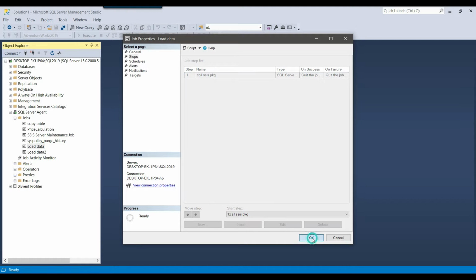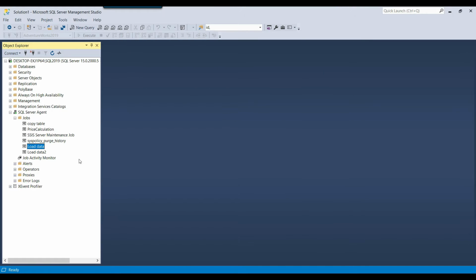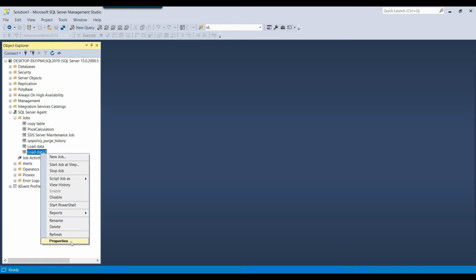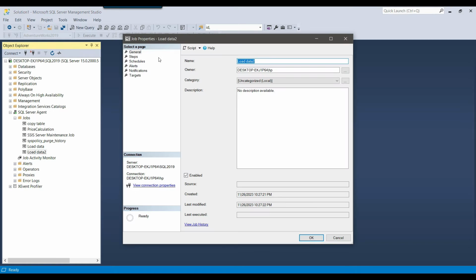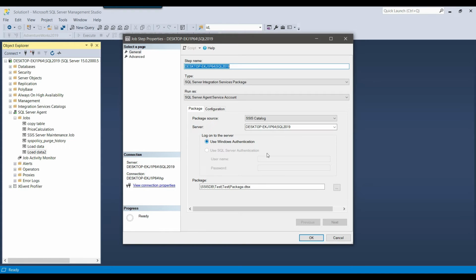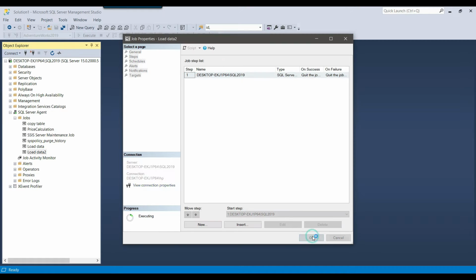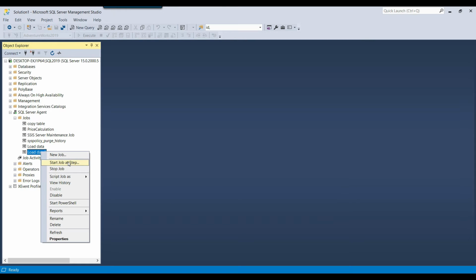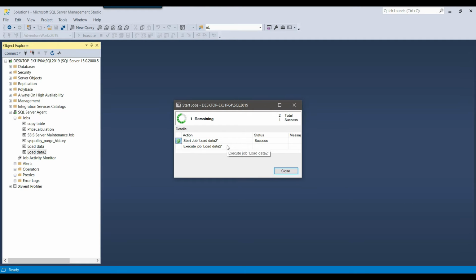But in case the package is stored in the SSISDB catalog, then in those scenarios you need to go to the SSISDB and look at the error message there. For example, I have another SQL Agent job here, Load Data 2. If I go to the steps and click on edit, this is also calling the same package, package.dtsx, but in this scenario the SSIS package is stored in the SSIS catalog on this instance. Let me execute this job as well, and then I can show you how you can look at the error message in both SQL Agent jobs.